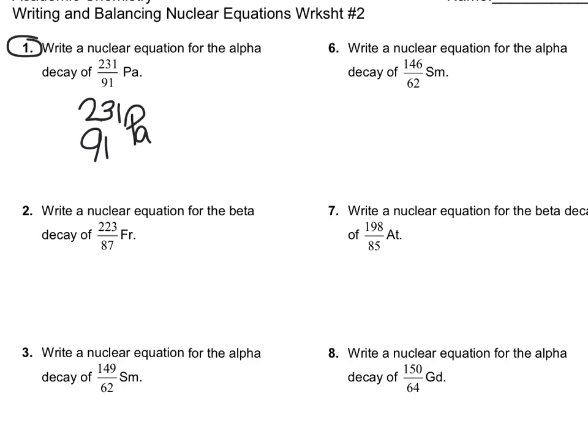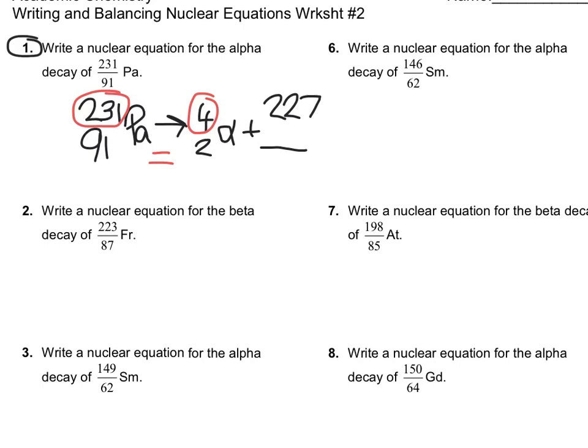And since it's going through alpha decay, that means you're going to start with the one element and it's going to break down into other things. Well, if it's alpha decay, we know it's going to break down into an alpha particle, which we learned is 4 over 2 alpha. But that means there's something else it has to break down into as well. So if we remember, we treat the arrow kind of like an equal sign, then the numbers on top have to equal. So 231 is on top to the left of the arrow, so 4 plus what would give me 231? That has to be